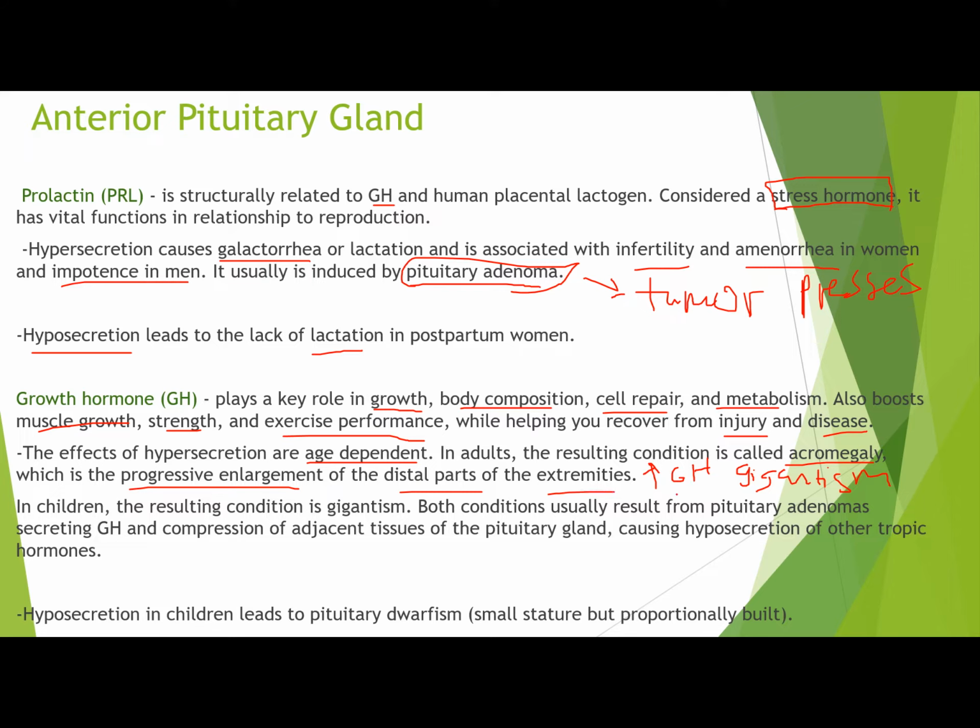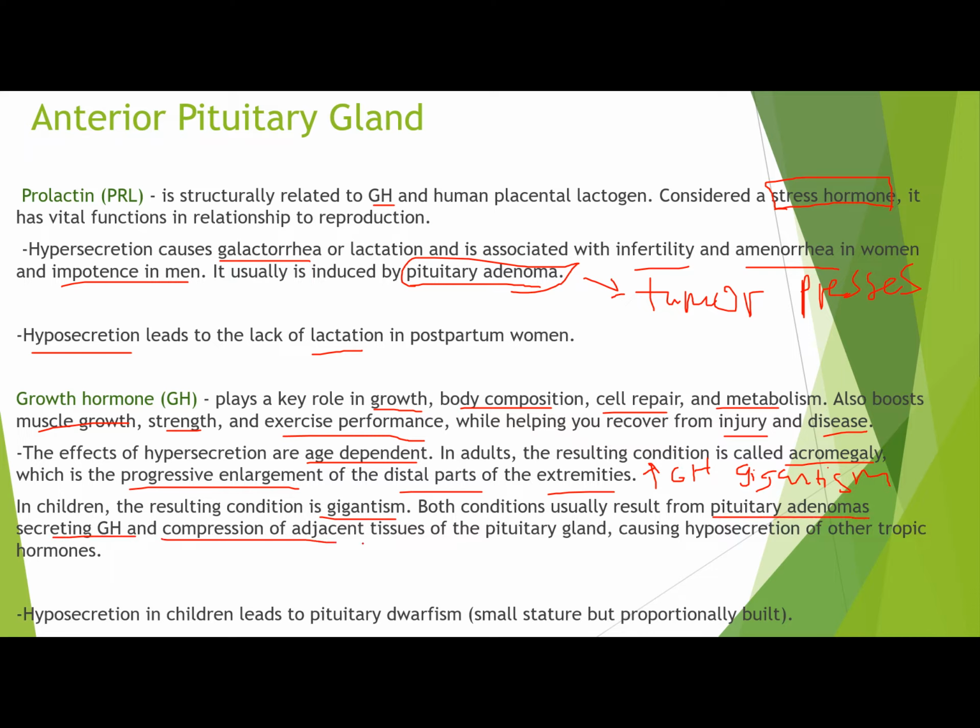Malalaki sila. They become very long or they can be very big. Now, in children naman, the resulting condition is gigantism. So, sa adults, ang sakit is acromegaly kapag sobrang dami ng GH. Kapag sa bata, gigantism. Usually results from pituitary adenomas,